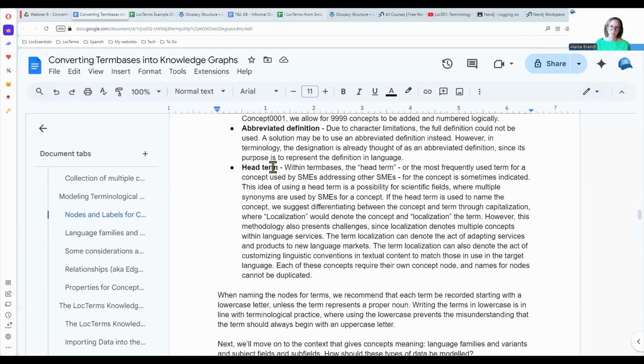That's one concept denoted by the word localization. Another concept denoted by the word localization is the act of customizing linguistic conventions in textual content to match those in use in the target language. That's another concept that's denoted by the word localization. Yet another concept denoted by the word localization is the product of adapting a product or service. So there's many different concepts that are all denoted by this idea of localization, and each one of those needs